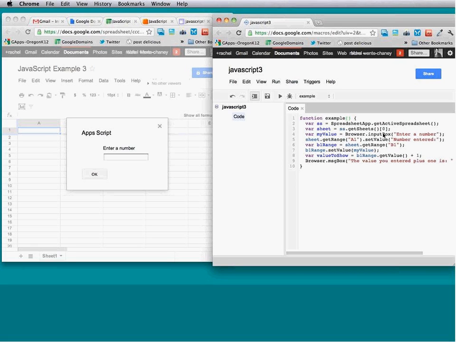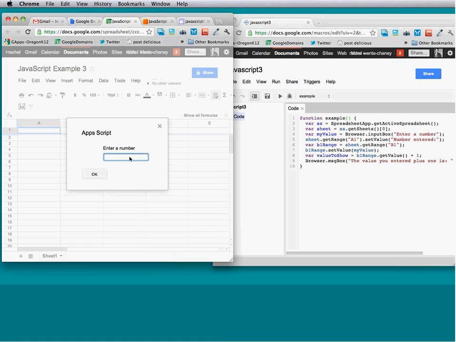the browser is going to, the browsers each have an inbox that they use. So Chrome looks a little different from Safari, which looks a little different from Firefox, which looks a little different from Internet Explorer. In this case, Wendy, what number should we put in there? Number 7. Yep. I click OK,